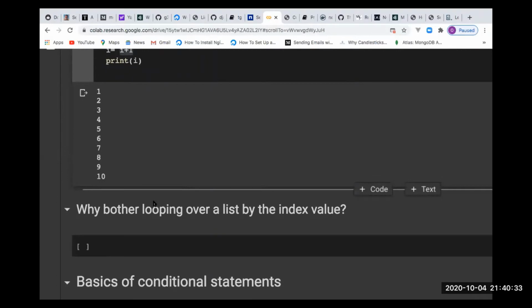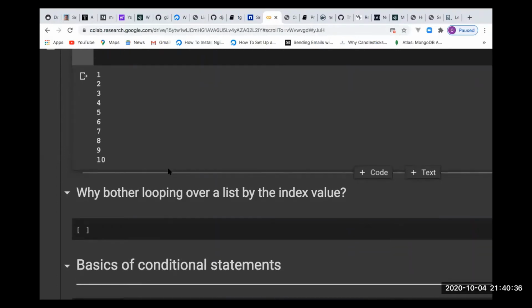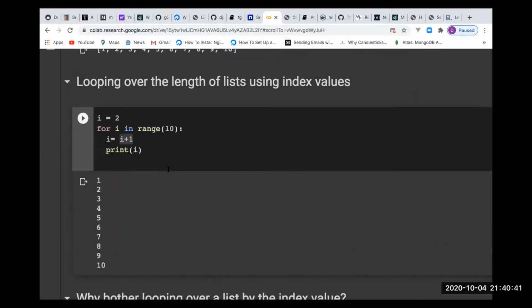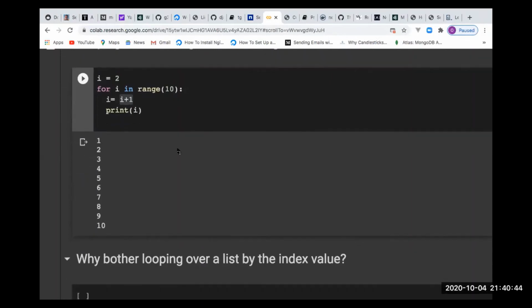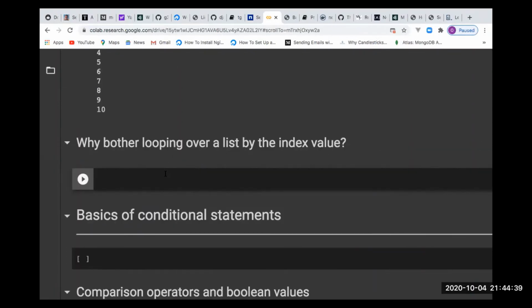So the question is, why bother looping over a list by index value when we can loop over it directly? A list. Let's declare a new variable. Let's use now a station name. Stations. The stations we have, a list. We have various stations. We have BM01, comma. We have BM02,